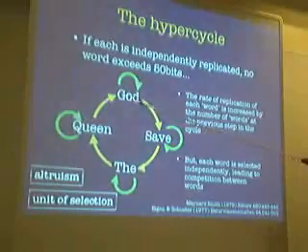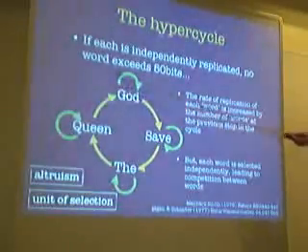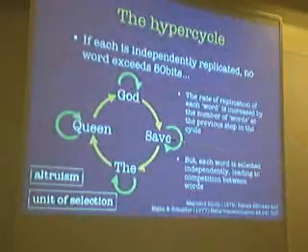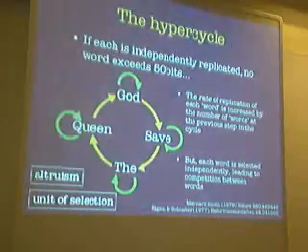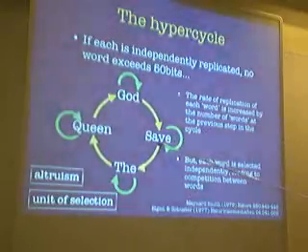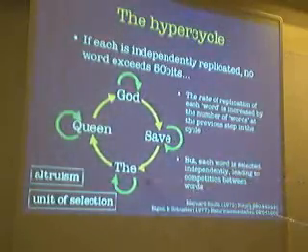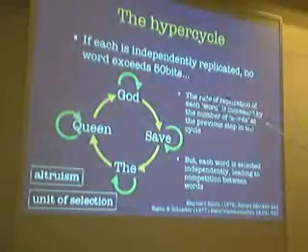So imagine each one of these is one of these little RNAs that can copy itself, like in the picture I showed just a moment ago. So God is an RNA that can copy itself, save is the same, and so on. Then the longest word we have is queen, which is only 25 bits, so that's well below the error threshold. So provided each one of these copies itself, and then copies the next word in the sentence, you can maintain that entire message. So in terms of how an early RNA world might have got more complex, one solution then suggested by Eigen